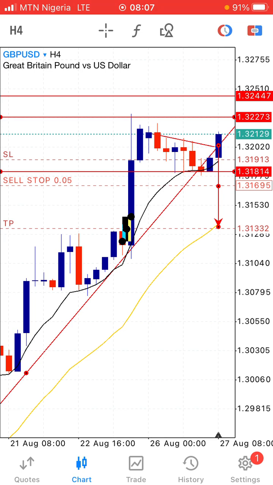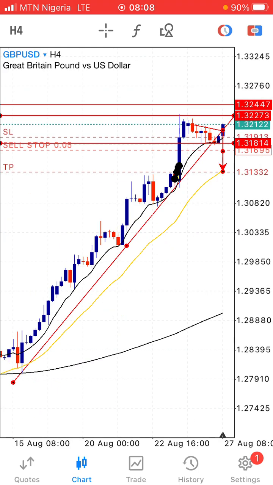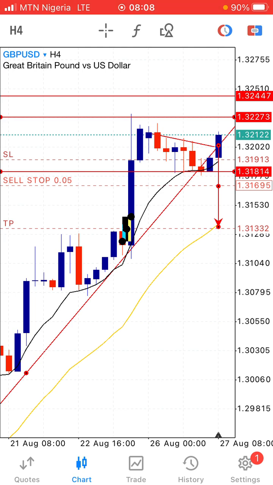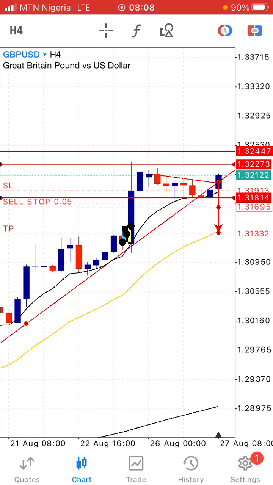There is this high that I marked there. So that high is very, very important. It has to break that previous high. If it cannot break that high, it simply means this market goes to form a double top. Once it forms a double top, comes and forms an engulfing candle, then it's massive. Then you know I'm still in the bias of sell. I'm still in the bias of sell when it comes to GBP, and all USD pairs would gain momentum. That is the bias I'm in. So on GBP, I'm biased on the sell because GBP is the base currency, while USD is the quote currency. So that is my analysis on this.